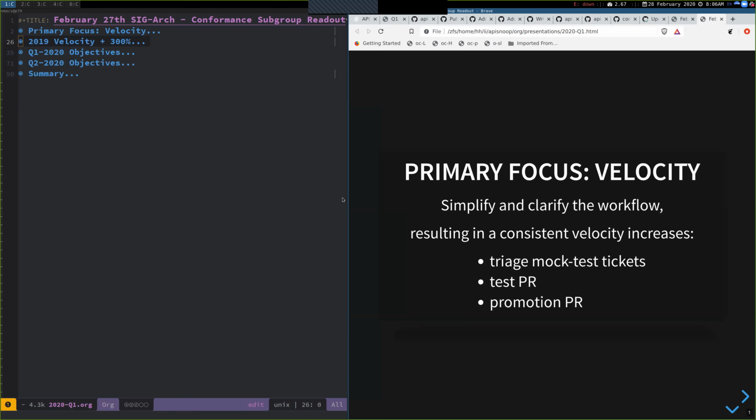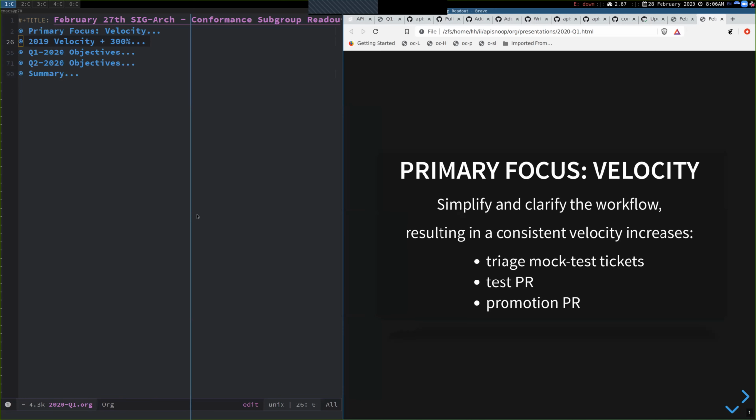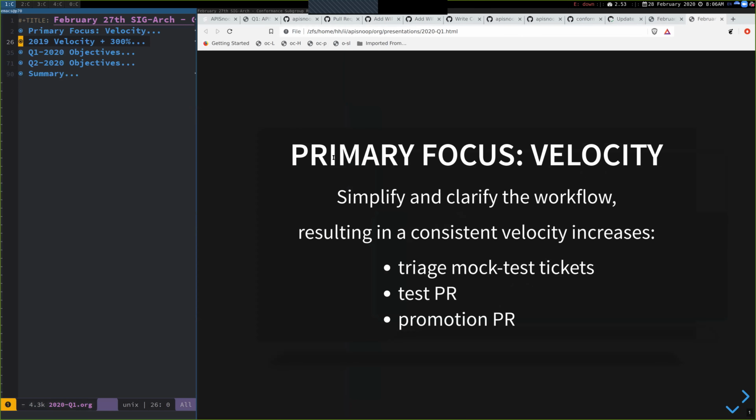And our velocity has been pretty poor up to the first quarter or first half of last year. But we've had a lot of help through Aaron and other folks to just really simplify and clarify the workflow. And that's resulted in consistent velocity increases for a good long while, and I think it will increase.